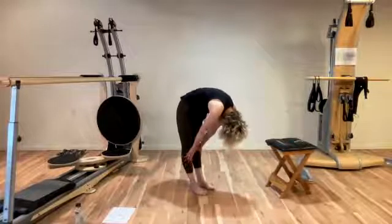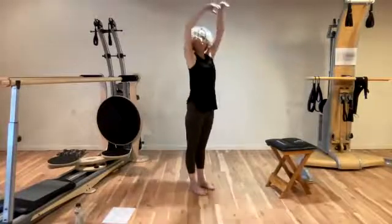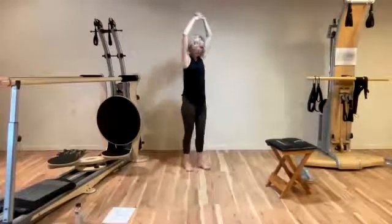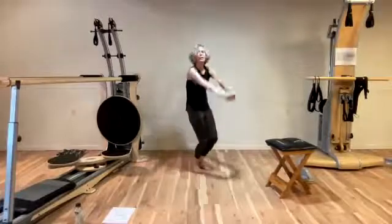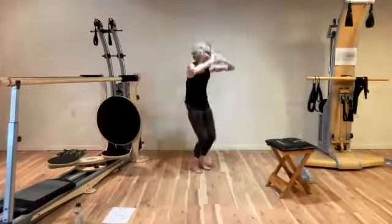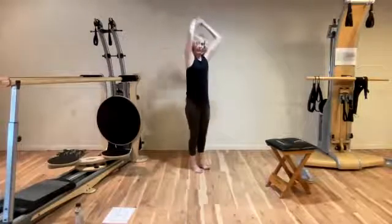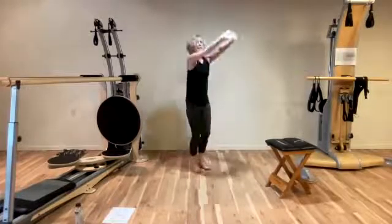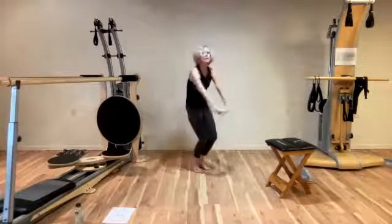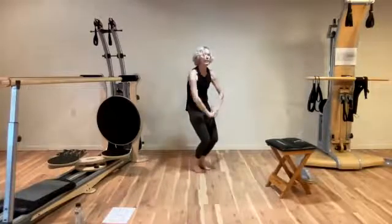You're going to roll yourself up. You can help yourself with your arms, or you can take your arms up. You're going to clasp your hands again, and you're going to go into the arm loops. You release your knees slightly. You go up into length and release and elongate and release and elongate and release and inhale and exhale and inhale